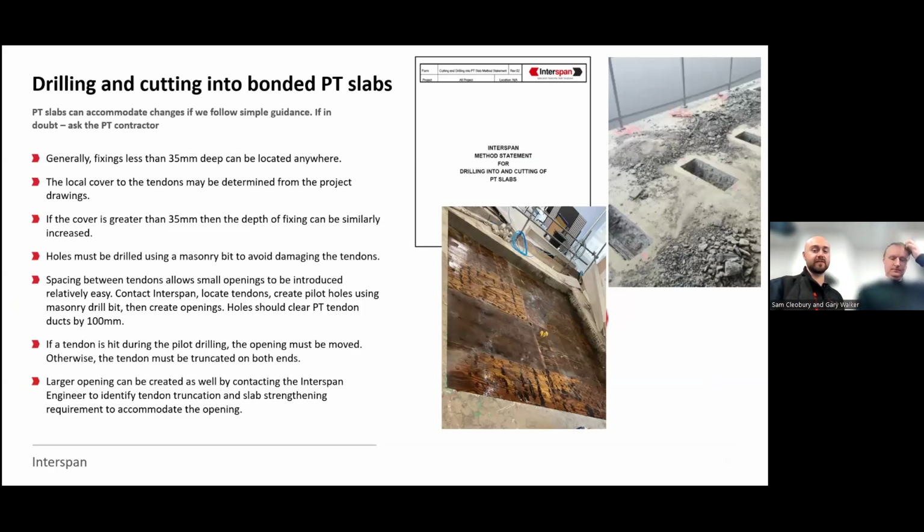In terms of what we usually see, shallow fixings on the soffit, cable trays, etc. You can put those anywhere because you've got the cover to the underside of the tendons. You're not going to encroach on that. For deeper fixings and for small holes, do a bit of a pilot hole. Use a masonry drill bit if you're trying to locate the tendons, rather than using diamond coring straight away. And then if you hit the tendon, you can see that,